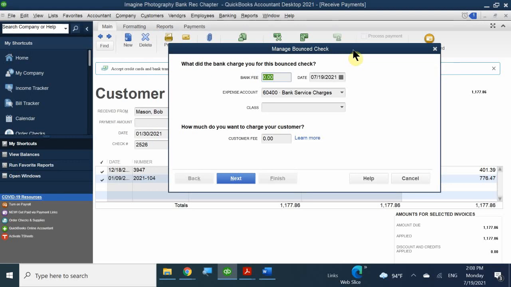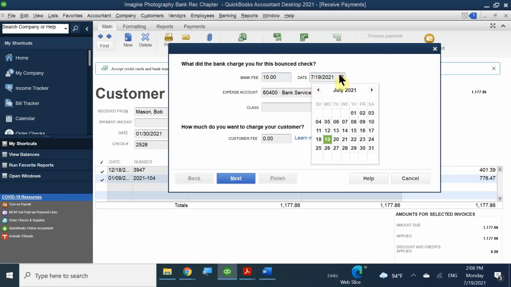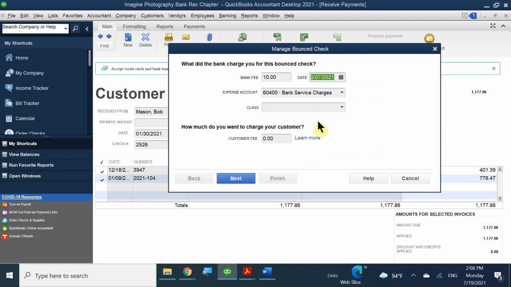So in this case, right, how much did the bank charge you? They charged me $10 because he wrote a faulty check and I deposited. So the bank charged me $10, right? Where is that going to go to? I'm going to say it was a bank service charge fee. Yes, we know. And in this case, it is for the date of, I believe it is February 7, okay? And here we have it, bank service charges,